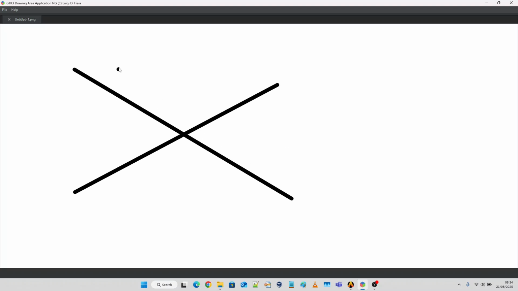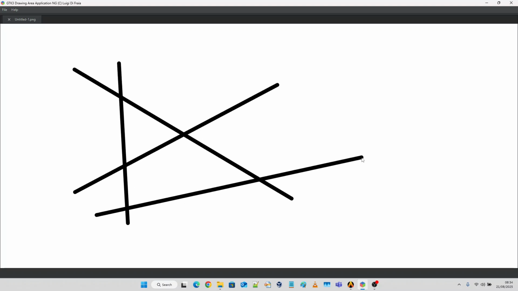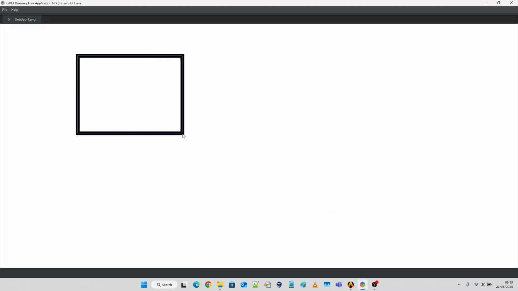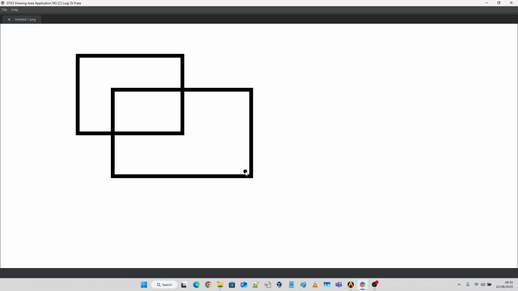So the first kind of shape is just a straight line. I just drag the starting point, finishing point, and here as well I do have the connected line facility. Moving that one out of the way as well. The next one is rectangles. Then we have ellipses,